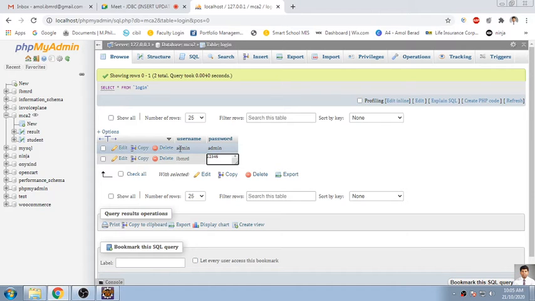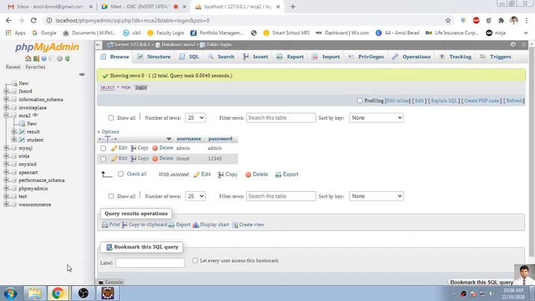Now we'll create one registration form. We'll be adding a new registration to login. So we'll be adding into the login table through a GUI. We'll be creating one GUI, and on the basis of that GUI, we'll be adding your username and password into this table, and that will be accessed in another way. The login table is already there, and it is present in the MCA2 database.